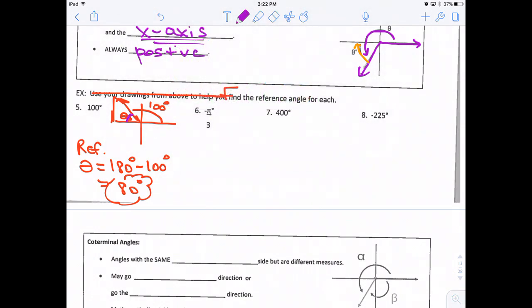For this angle right here is the other part of that 180. So you just take 180 minus that angle of 100 degrees and you'll get that 80 degrees. And again, it totally depends on what it looks like. I'm going to pause with number 6 and go right to number 7, because if you remember, we